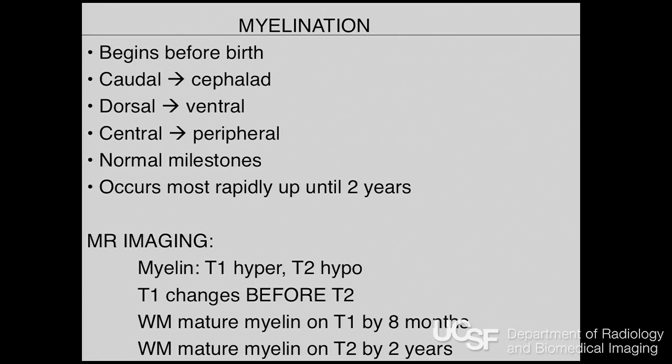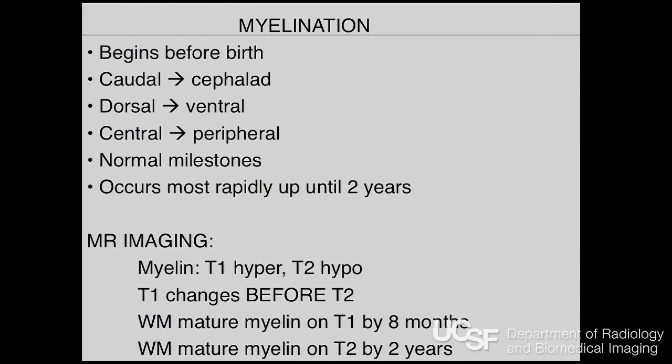So just a couple of general comments about myelination. It does begin in the fetus. In general, the brain myelinates from a caudal to a cephalad direction, from a dorsal to a ventral direction, and then within regions of the brain, it tends to myelinate the central white matter first, and then extending out last to the peripheral white matter. There are many normal milestones to remember. I strongly